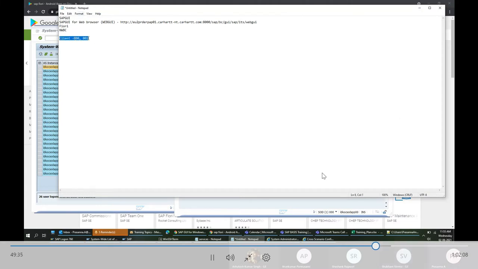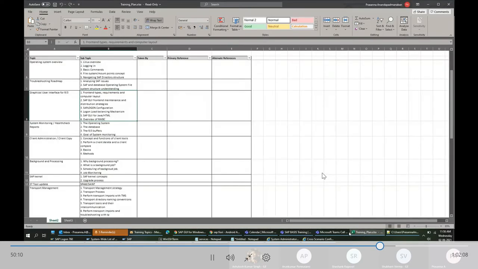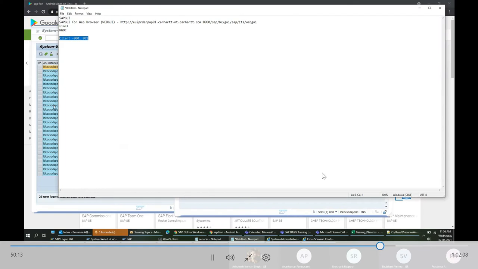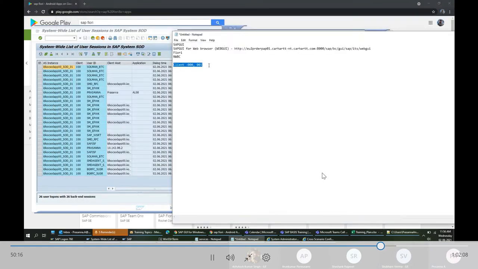It's like, in the same server, maybe in your Windows laptop, you can have two or three logins, one login for you, a second login for some of your family members. The system is the same, but when you log in as a particular user, you cannot see the data of other users. A client is something like an individual business unit. There is a separate topic regarding clients, client administration, which we can discuss in detail later.